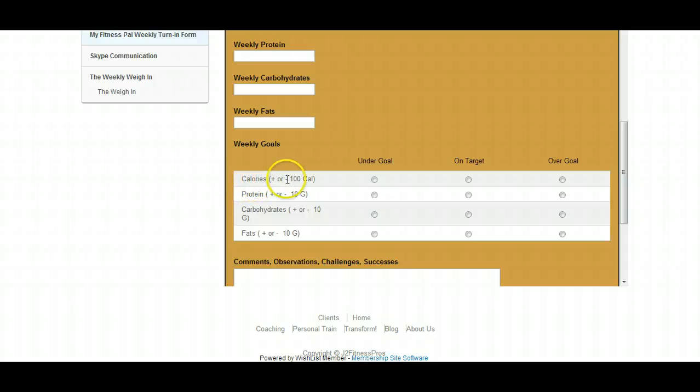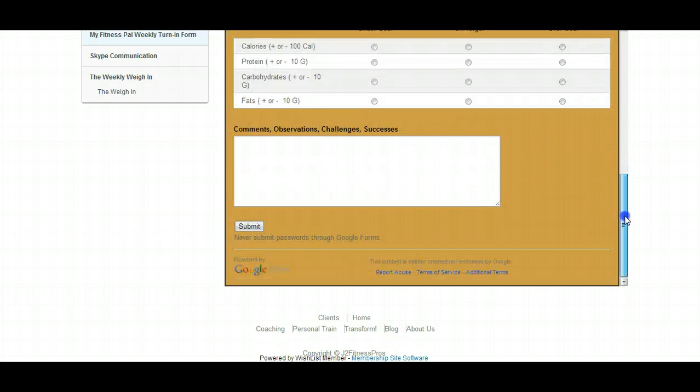And I have plus or minus 100 calories. So if you're perfectly on your goal within 200 calories under or over, you're on target. If you're under 100 calories, you hit under. And you do the same thing with proteins, carbs, and fats, which I have set at plus or minus 10 grams. Once you fill that out, any notes, observations, successes, challenges, any questions for me, do there, hit submit, and